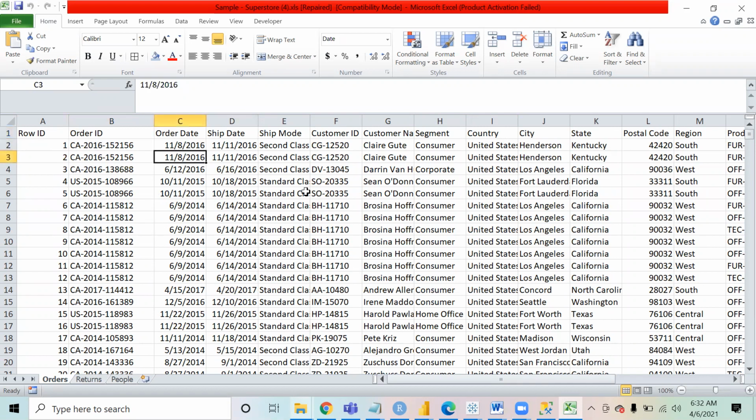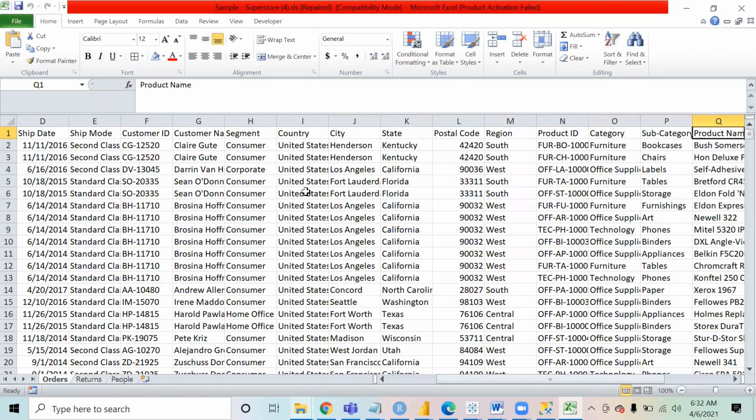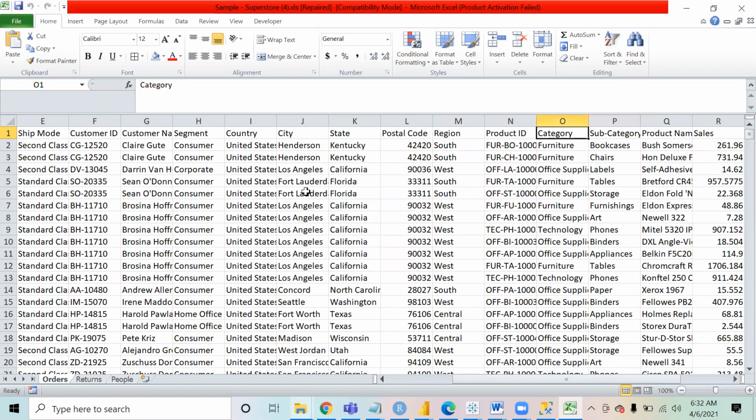We have the date on which we purchased it, the date on which that order was shipped, the shipping mode, customer ID, and customer name. We have the country, state, and city from where that order was purchased. You also have the information regarding which product was purchased: the product ID, which category and subcategory that product belongs to, and the name of the product. All that information is given to you.